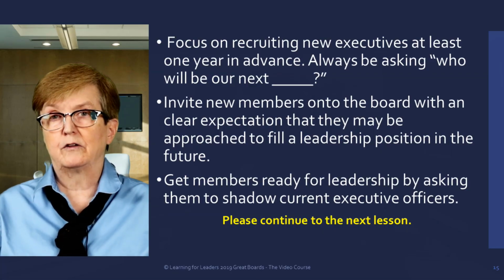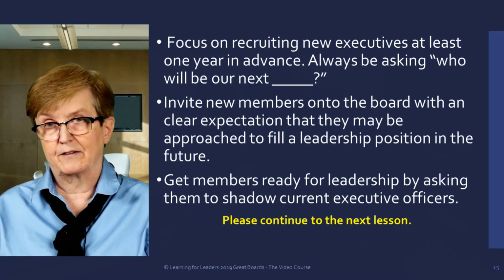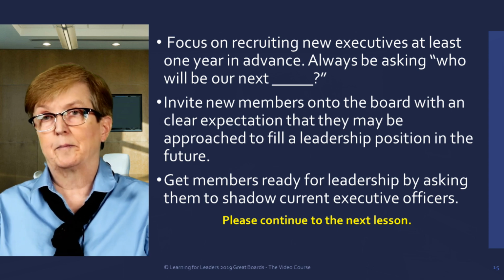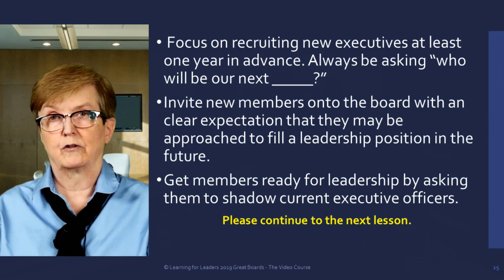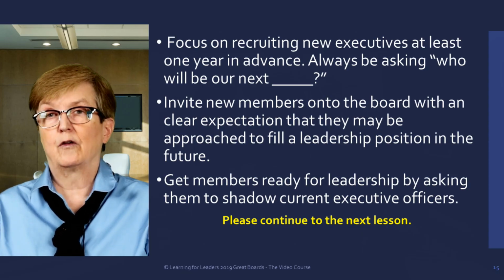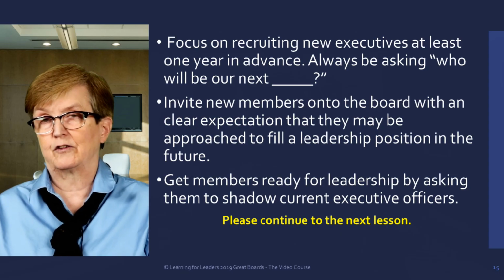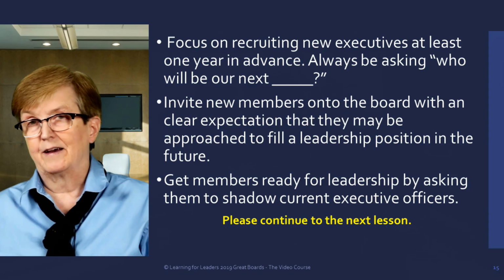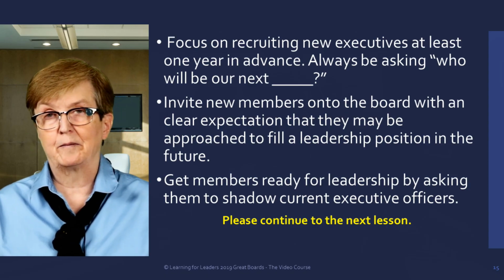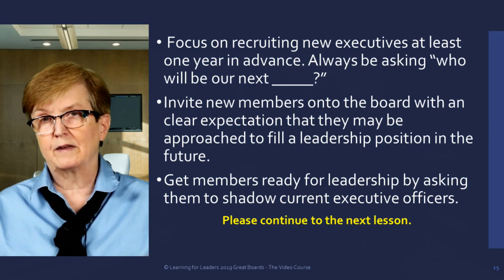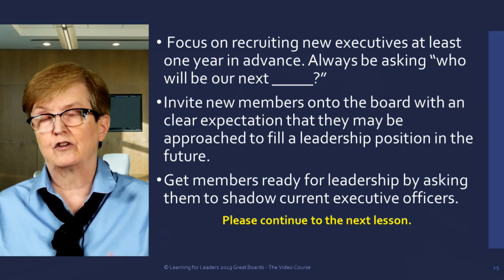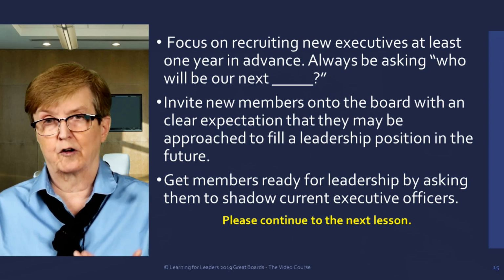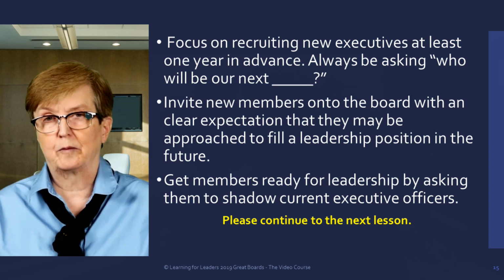Now, one of the things we want to do, when we're recruiting executives, is always start at least 1 year in advance, if not 2 years in advance, depending on whether your executive terms are 1 or 2 years. I like 2 years in advance, although you can lose some of your executive to simple normal attrition. They get transferred, they get relocated, they have a baby, they get a big new job, and they just simply don't have the time to contribute anymore. So it's important that you think about what is best for our organization. You'll know from the composition of your board. Have an open conversation about what is the best term and how far ahead you should be working on succession